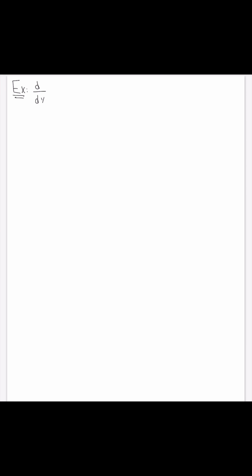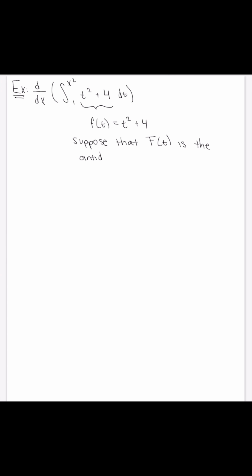Find the derivative of the integral from 1 to x squared of t squared plus 4 dt. So let's call this function f of t, which is t squared plus 4, and suppose that capital F of t is the antiderivative of lowercase f. So then we know that this becomes the derivative of, using part 2 of the fundamental theorem